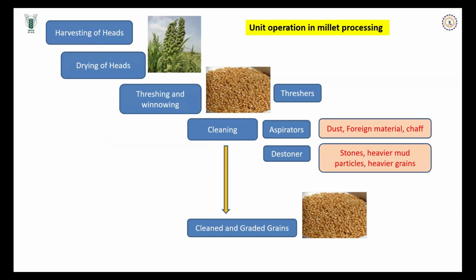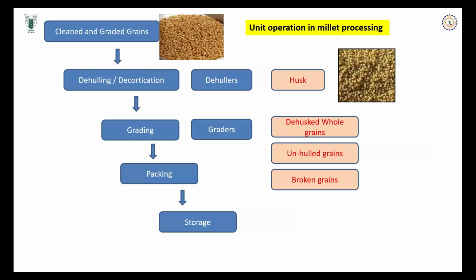First we are harvesting, and then after the important step is drying. Then we have got this crushing and winnowing. I'll be telling about this equipment in my subsequent slide. Then after we need to do cleaning, we need to do threshing. Then after the stones have to be removed. And then once the clean grain is obtained, we need to remove the outside coat, that is called decortication,